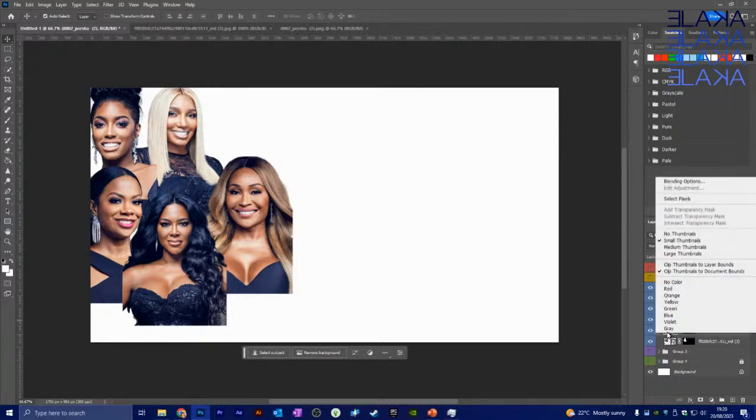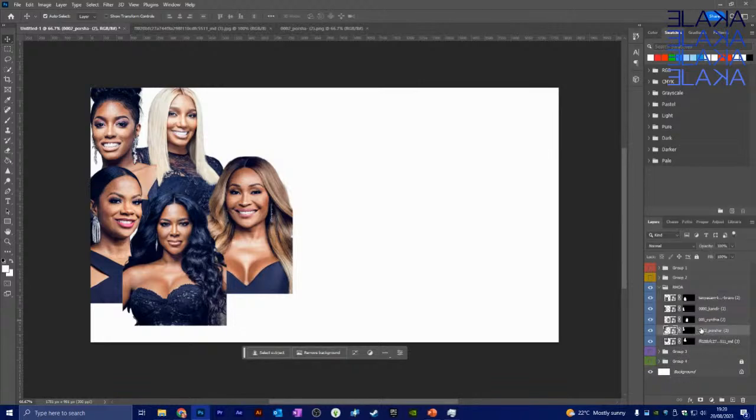My aim is to duplicate the layer. Okay. So Portia's picture has been duplicated, but I'm going to remove, although I don't remove the smart options, I am going to